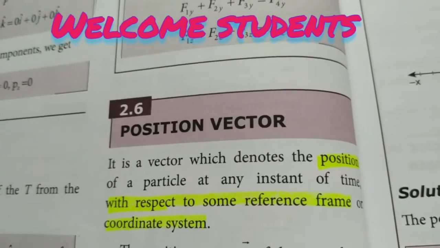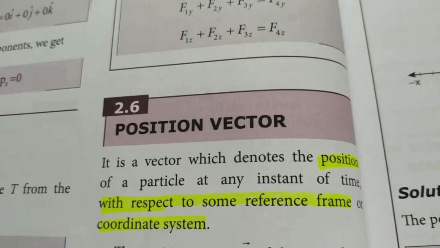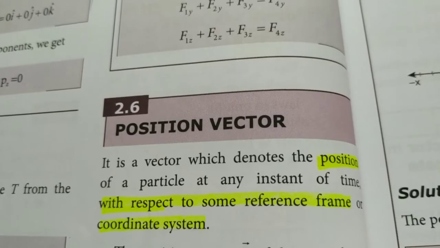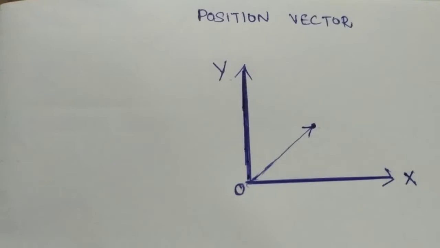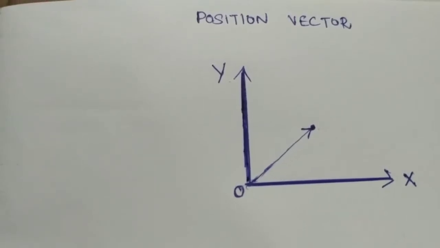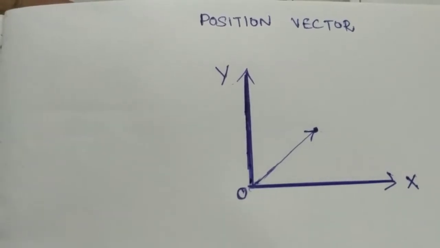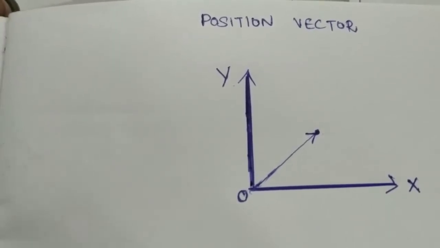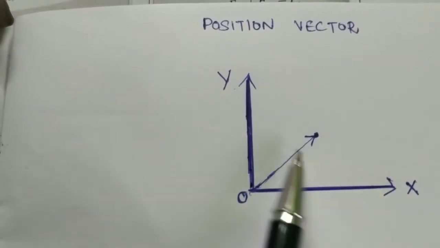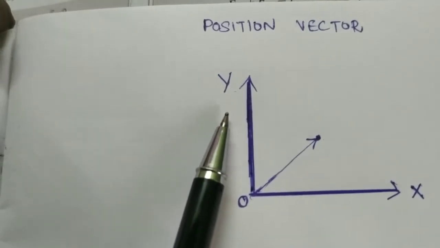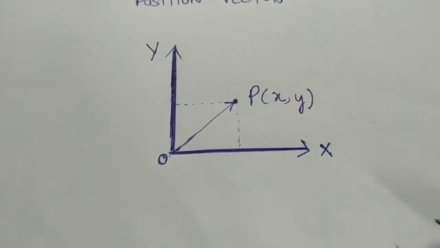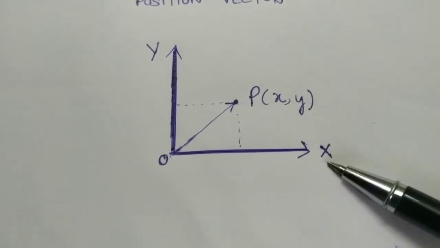Hi students, in today's video we are going to learn what are position vectors and what are displacement vectors with some examples. First let us see what are position vectors. So if we want to describe the position of an object moving in a plane, we need two axes. There are one x-axis and one y-axis. These axes may be x and y or y and z or x and z.